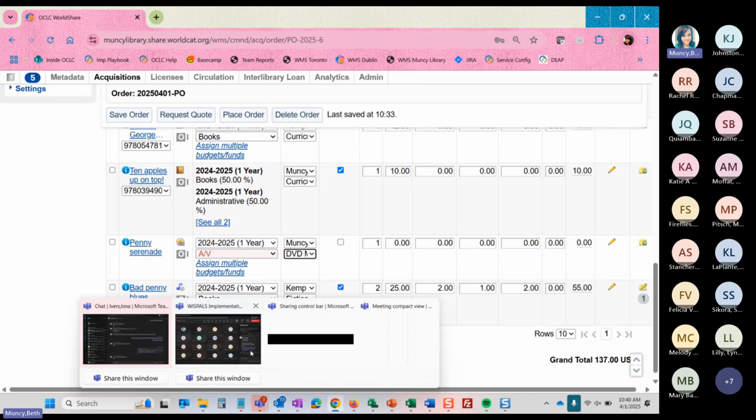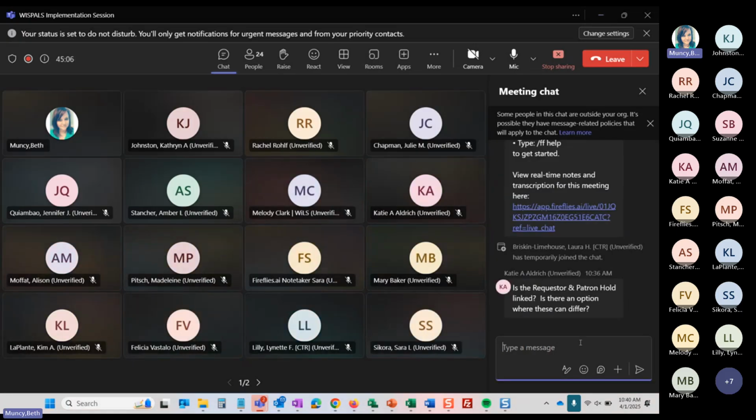Let me check my notes. So the question in chat is, are the requester and patron hold linked? Is there an option where these can differ? So the requester, if I choose to place a hold, will place the hold for the requester. I don't have two options where I can have a requester and have a patron hold, but